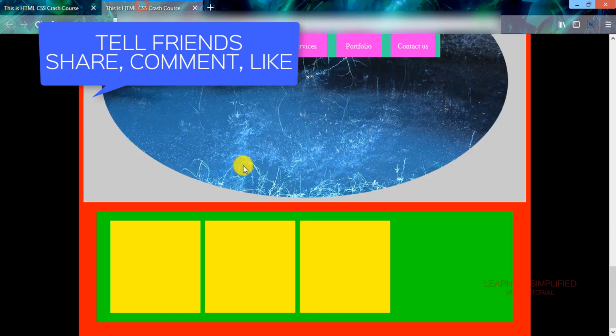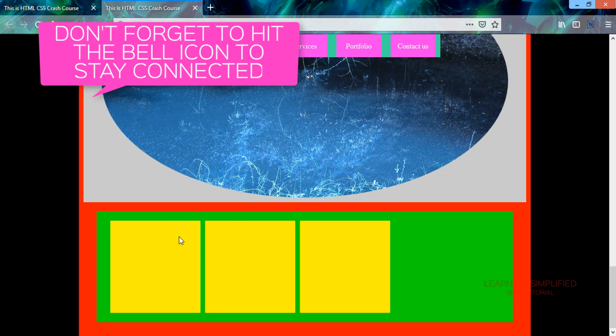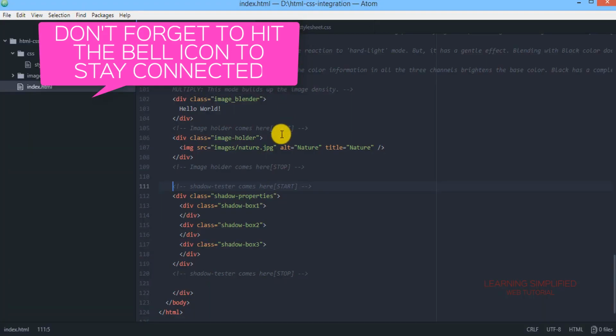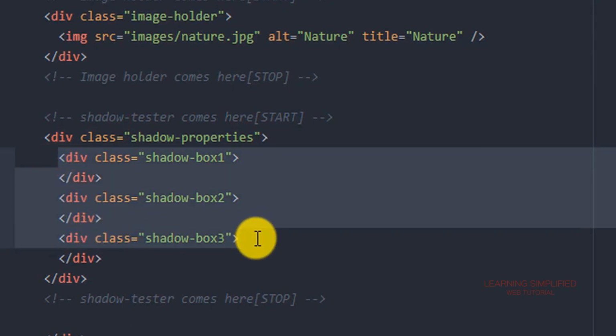That is why we will be getting back to our project, and here this is the div which is related to this border radius property, and all of them that we are about to discuss. Here are three boxes side by side. If we come back to index.html, we can see that this is the div with a class name of shadow properties, and inside we have produced three boxes.